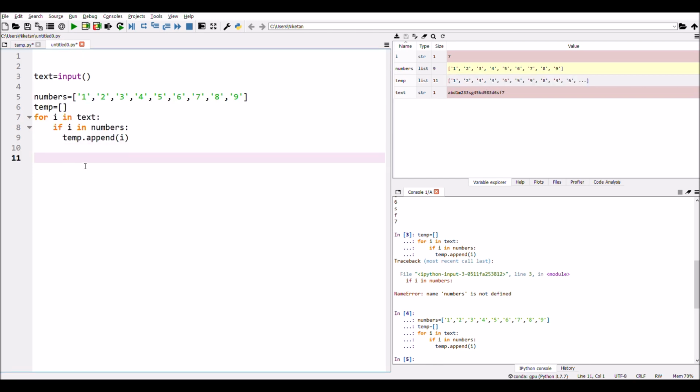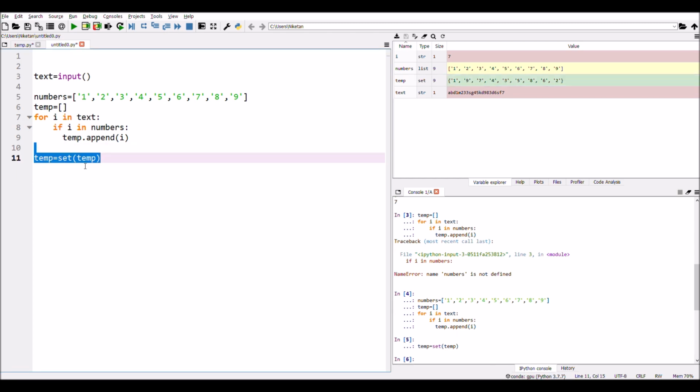In Python, we have a built-in data type, set, which allows only the unique values of a list. So we will change the temp to set. Okay, so now we can see that all the numbers present are only ones, 1 to 9.